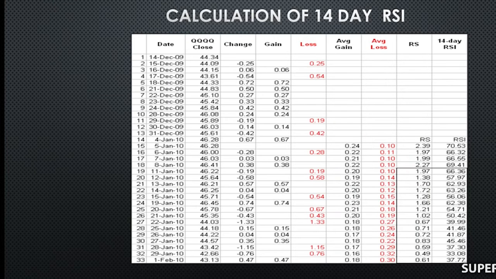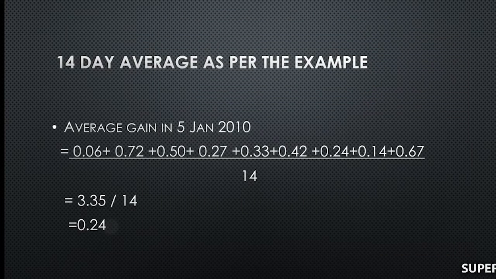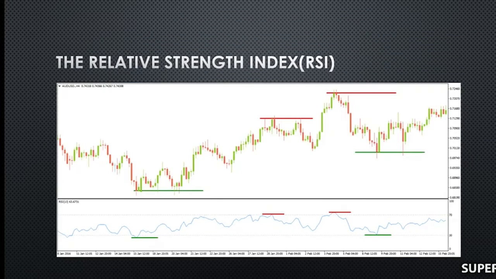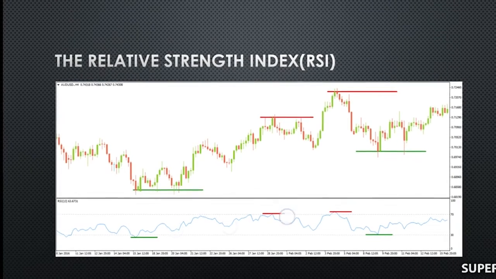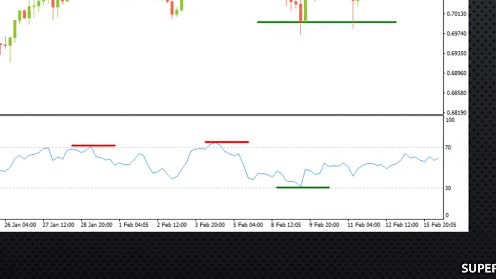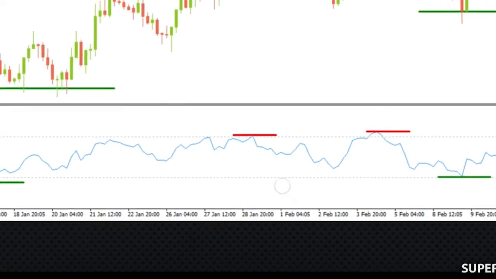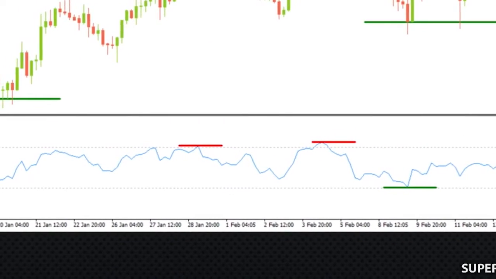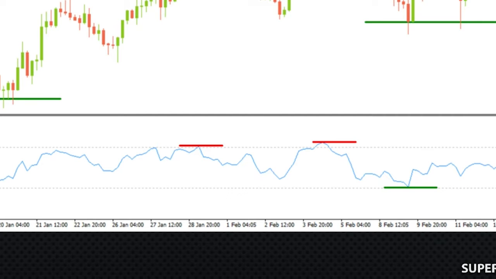Likewise, we can calculate all the relative strength indexes, and we plot these RSI values in a graph, and on the basis of that, we can decide whether to sell or buy that security. This is the relative strength index graph, and if it is around 70, here you can see 70 and 20 here. If the relative strength index is around the 70 level, a stock is considered overbought and we should consider selling.